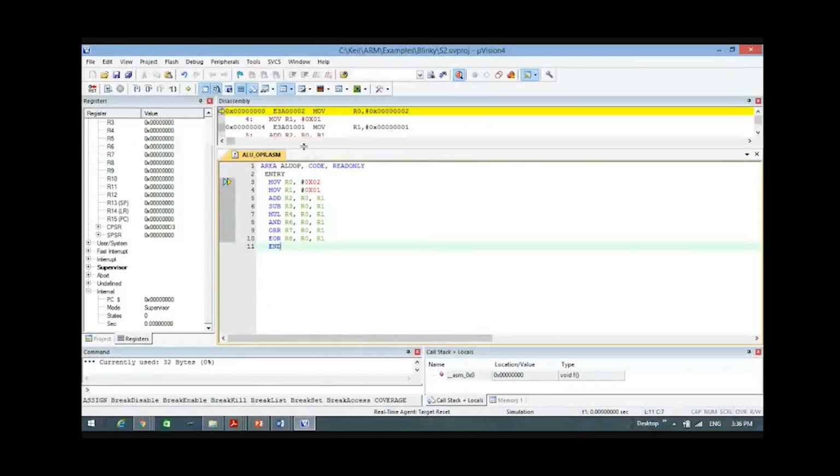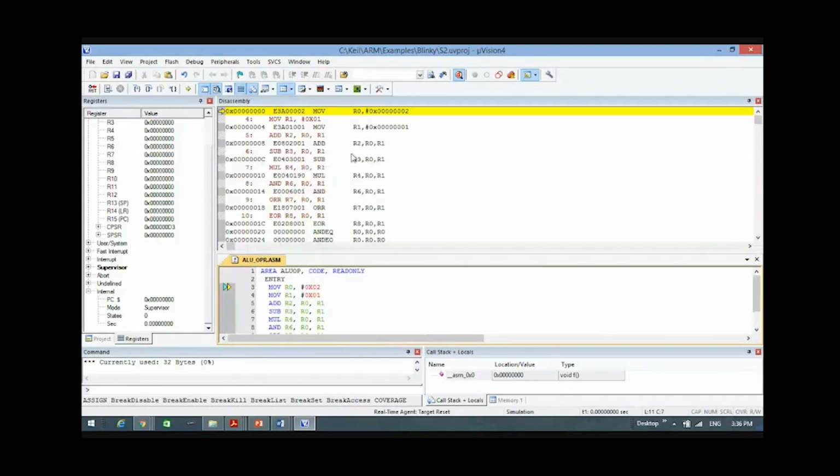Now you have one more window called the disassembly window. So can you see this disassembly window? In the disassembly window, it is showing which instruction is the first instruction that is getting executed. So it will also show you the object code for this, MOV R0, #0x02. So this is the first instruction. That instruction, when it is converted into its equivalent machine code, this is the equivalent machine code in hexadecimal,